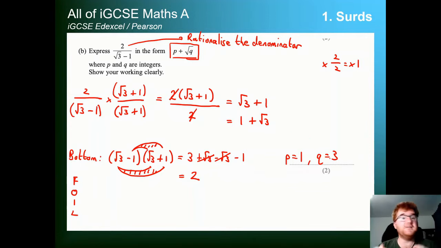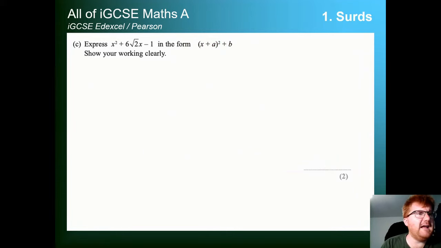One of the biggest mistakes that could be made is you get those the wrong way round, you may lose a mark. It depends on the mark scheme involved. So this is a process called rationalising the denominator. You need to know that if you get a fraction with a surd, this process is probably going to happen at some point. Okay, and on to a very sort of unusual style question,